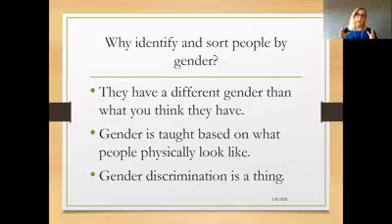And I want to challenge that because gender discrimination is something that many people experience, and this will be different in a whole bunch of countries all around the world. So you can do some of your own reflection about what gender discrimination looks like where you live. But for me, sometimes gender discrimination looks like not being offered the same job opportunities, not being offered the same promotions within an organisation. And in New Zealand, our experience also is that we're not offered the same pay rate. So if we identify as female, we're doing the same job as a man, often we're not offered the same pay rate as them.